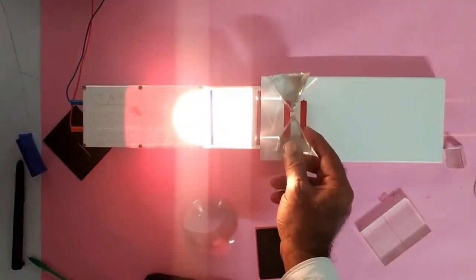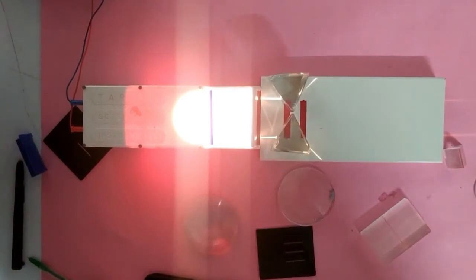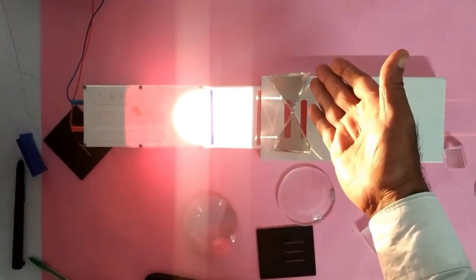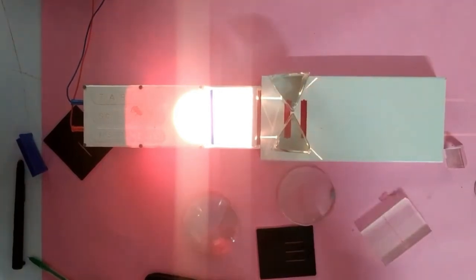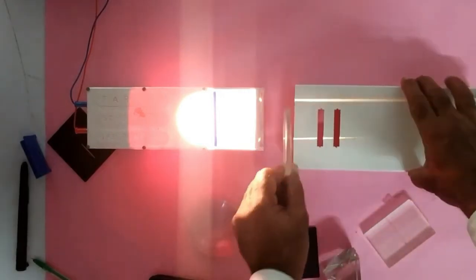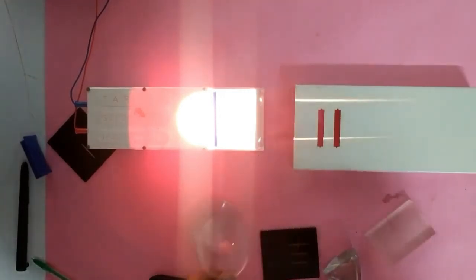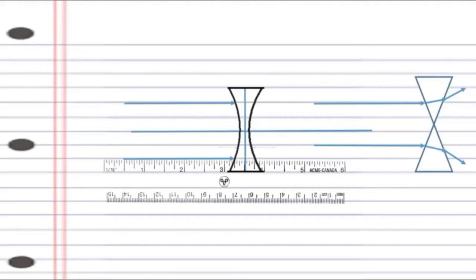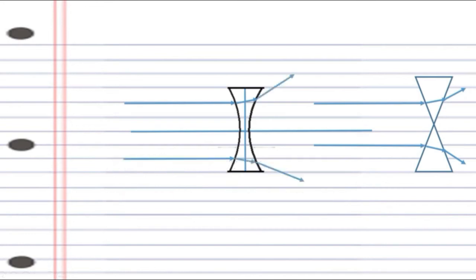Now let us make sure how the divergence is possible in this arrangement practically. If you replace a concave lens in place of prism, you will get the same phenomena, that is divergence of light. Light moves away. So back to the diagram. These incident rays, you can see here, now we know how will they move. They will diverge. They move away, right? So you can draw this diagram,